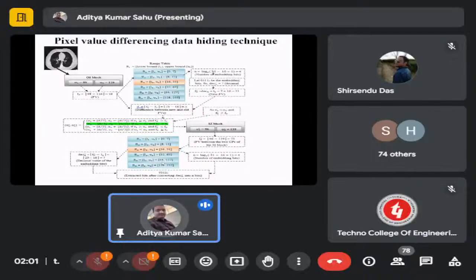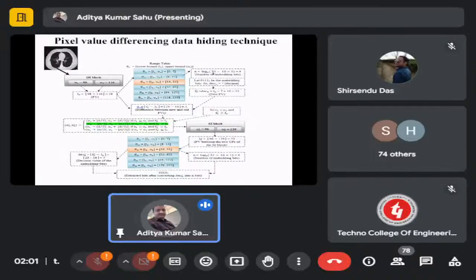In every range we have a lower bound and an upper bound. The 18 belongs to the range of 16 to 31, where the lower bound is 16 and the upper bound is 31. Using these two bounds, we will identify how much information is to be embedded in these two original pixels.